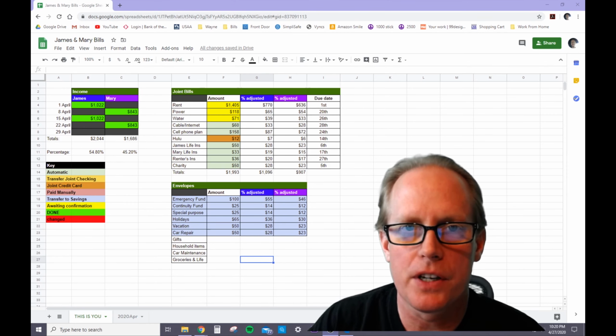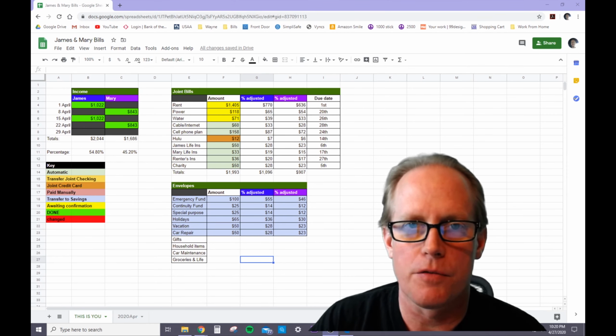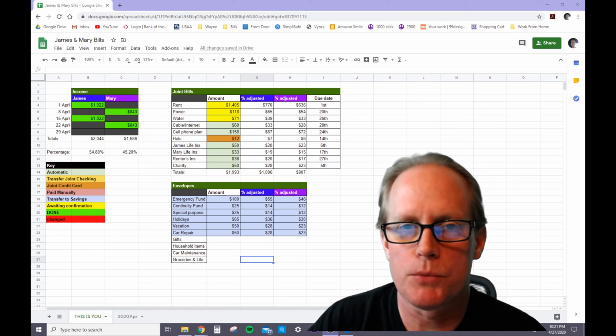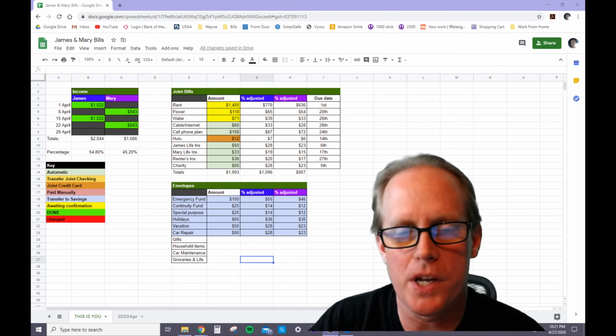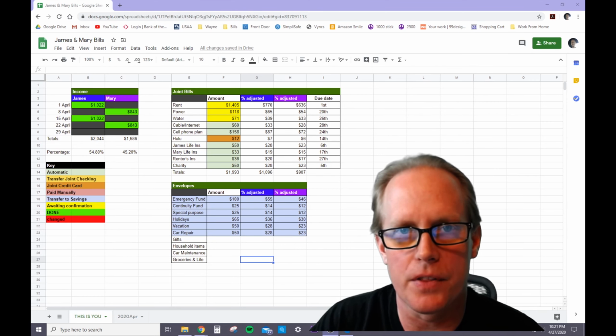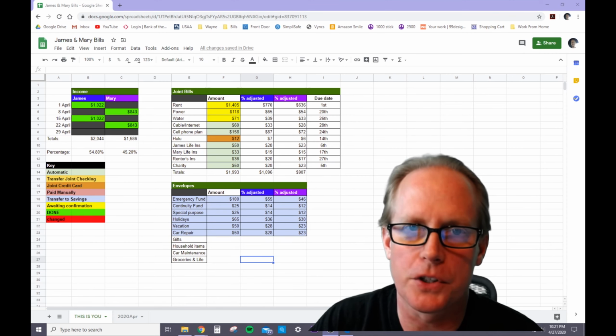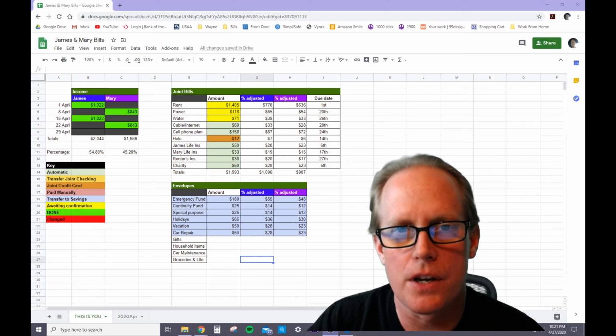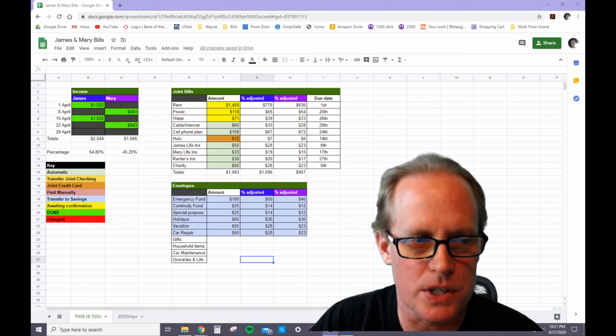The next envelope I have on there is household items. That is for things that you want to get for the house. As an example, if you buy topsoil and yard fertilizer and weed be gone or anything like that that is part of your home maintenance, that's what you want to put on there. You can put your air filters for your air conditioning system, anything like that on it. But some of those, they can go here or they can go in groceries in life, and we'll talk about that in a second.